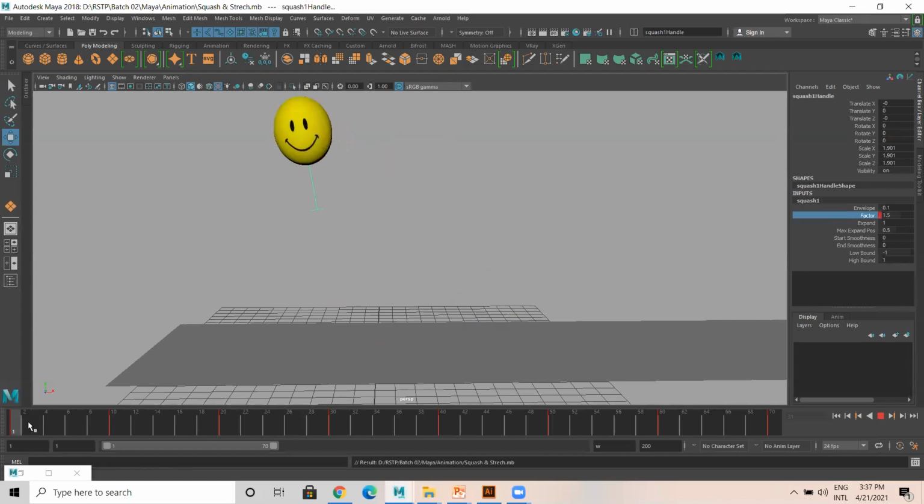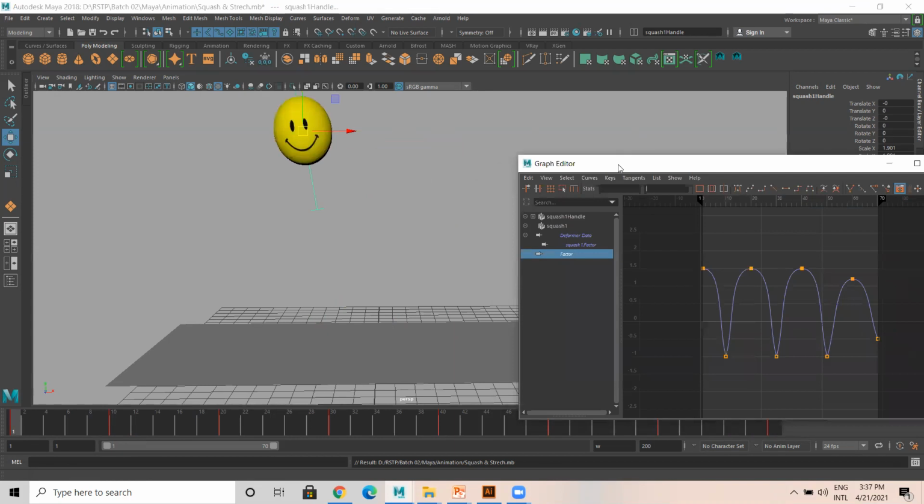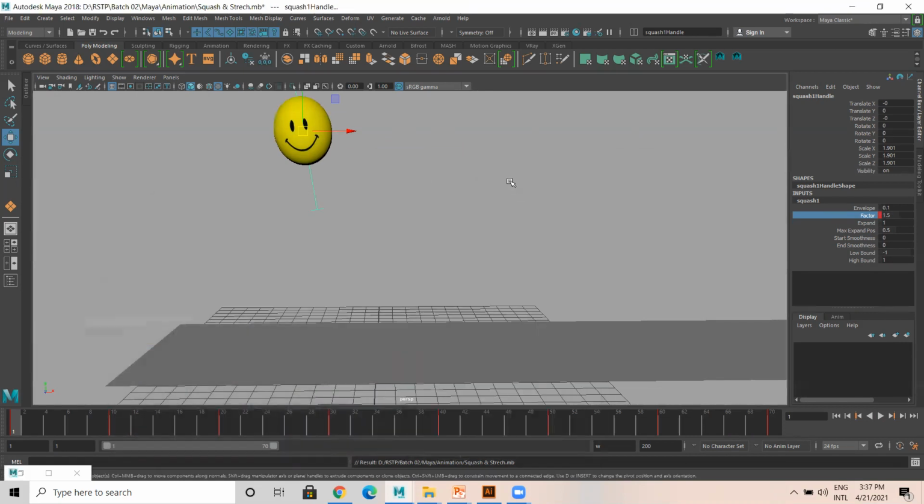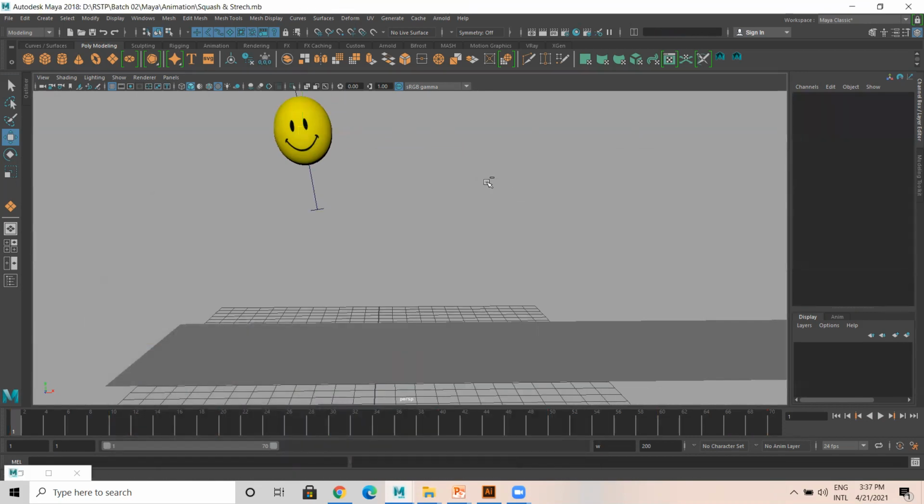This is of squash and stretch. Later, we can do a settling, in the sense all of a sudden it won't come just like that. Then it should have some other few more movements. We can create that. See, graph editor is really important to do this kind of weighted animations. You can add a bit of weightage for the character or model. Okay, so try this.